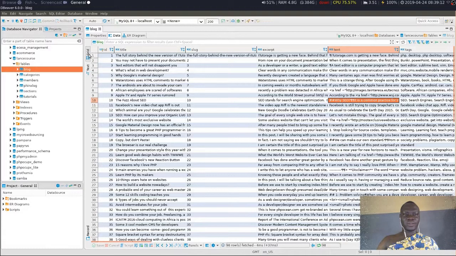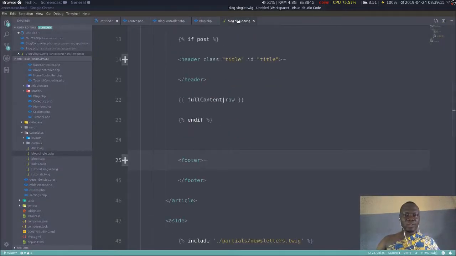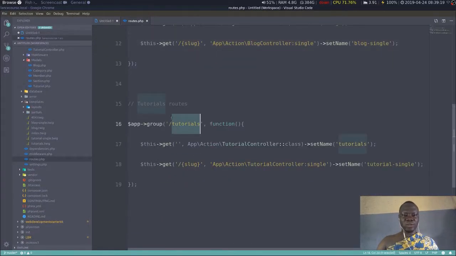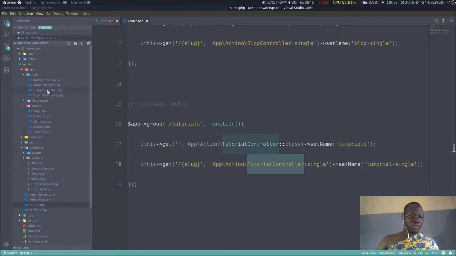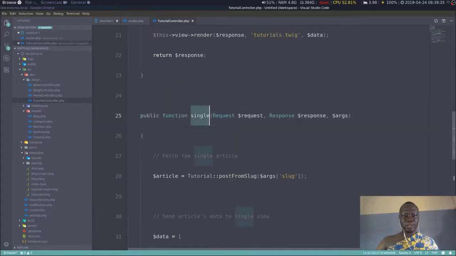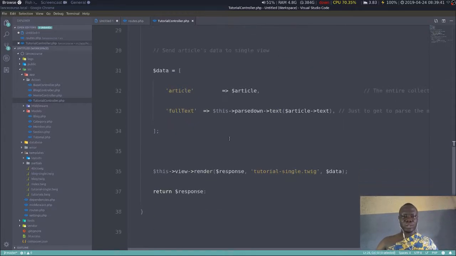If you look at it too, you can see that we have, so let me close this one quickly. So the same thing goes for tutorials, which is the base, and then we add a slug under it, and then we redirect to a single, and now we have tutorial single. So I go to the tutorial controller, which is this one. I've created a method called single, in which I'm fetching the article through the slug and